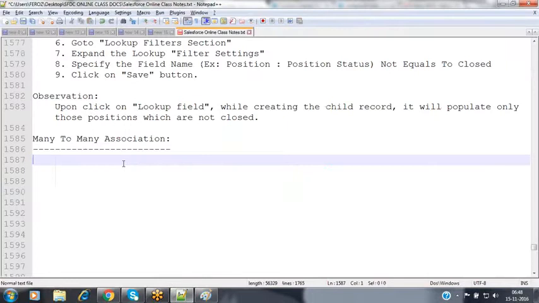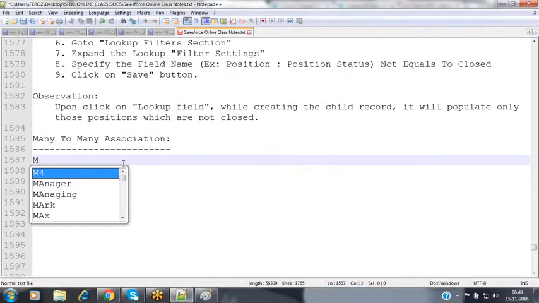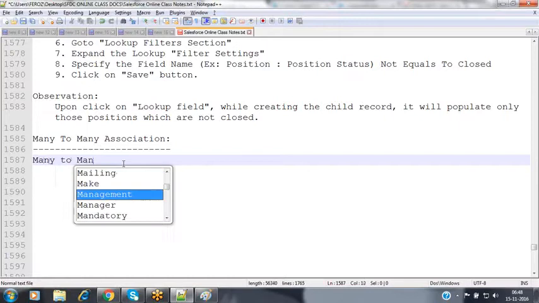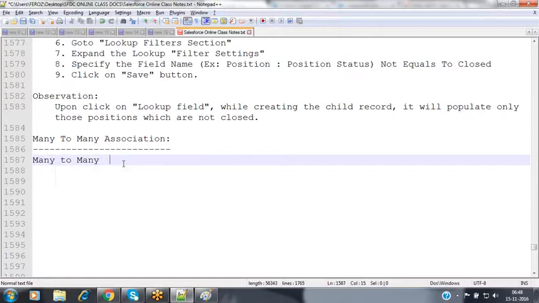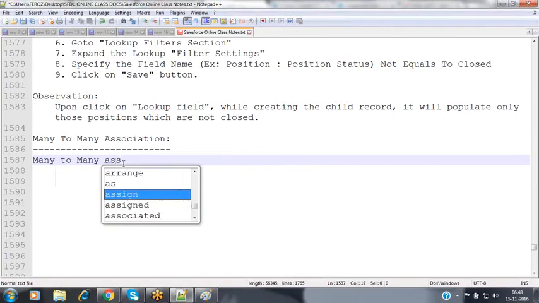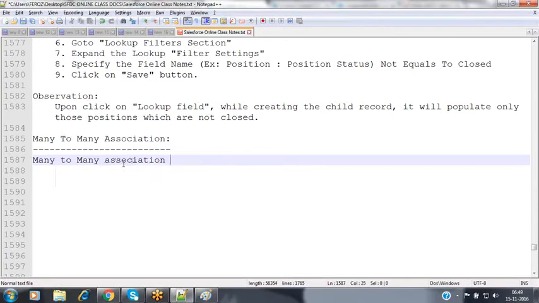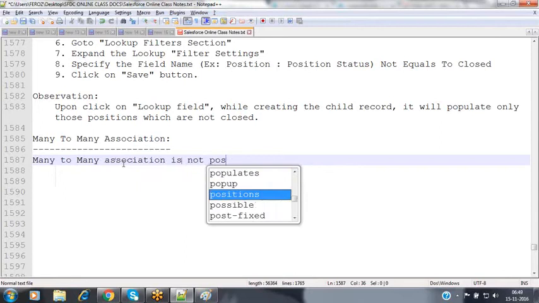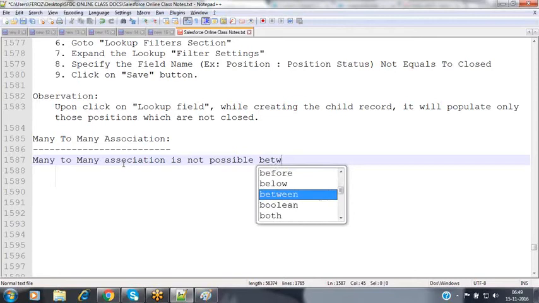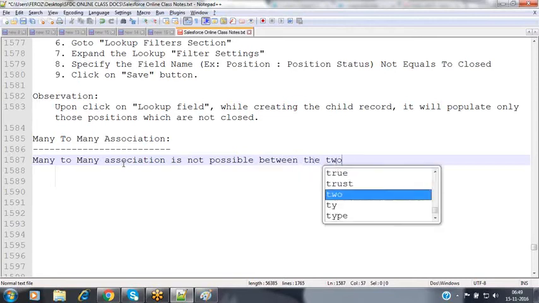Now this question is very, very important from the interview point of view as well as in the certifications. Many-to-many association is not possible between two objects directly.